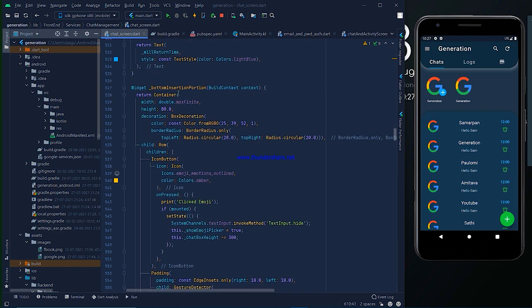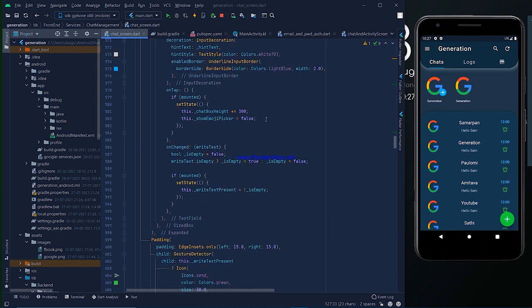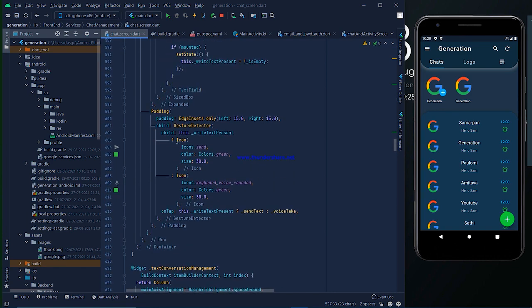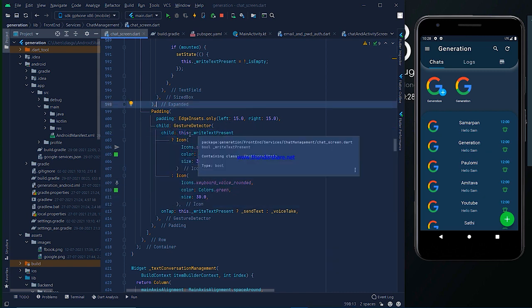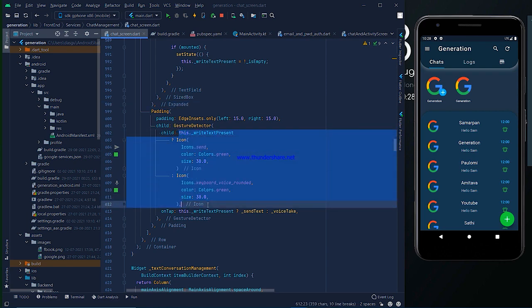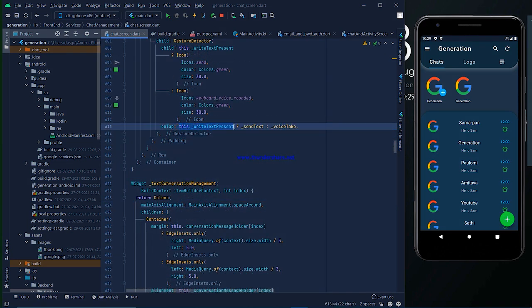We made that method, bottom insertion question, in one of my previous videos, right? And here we can interchange from send icon to voice icon, and from voice icon to send icon, an interchangeable icon depending upon whether the write text is present or not. We made it in one of the previous videos, right? So I am not telling all the things right now because I also explained those things in the previous video. So I did, if the write text is present, then the icon should be the send icon, and for the send icon, it will be the send text just like before.